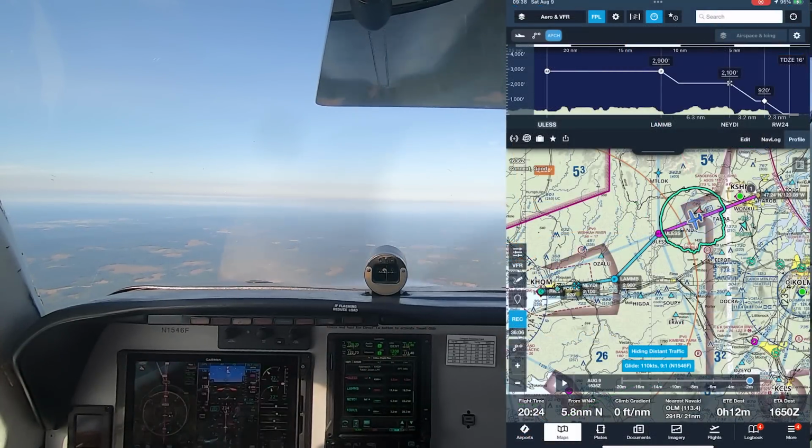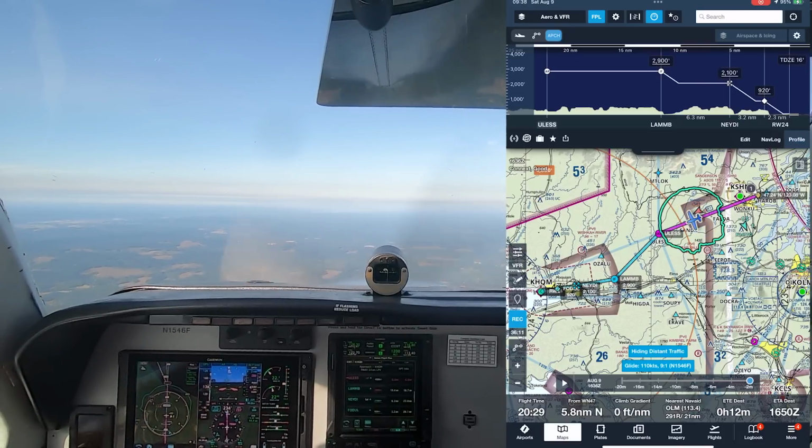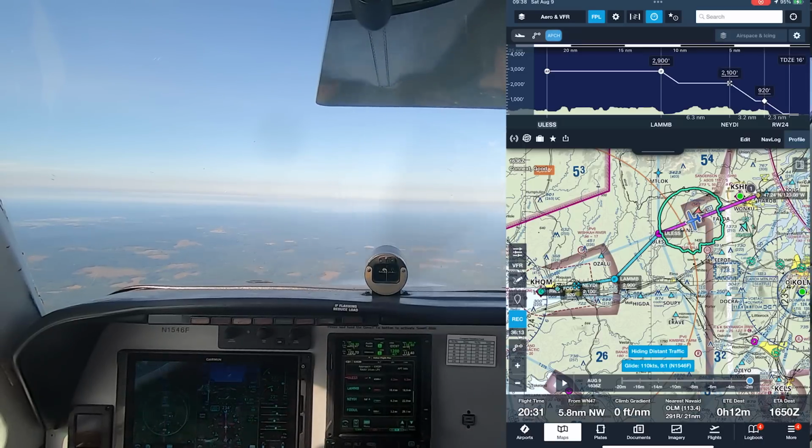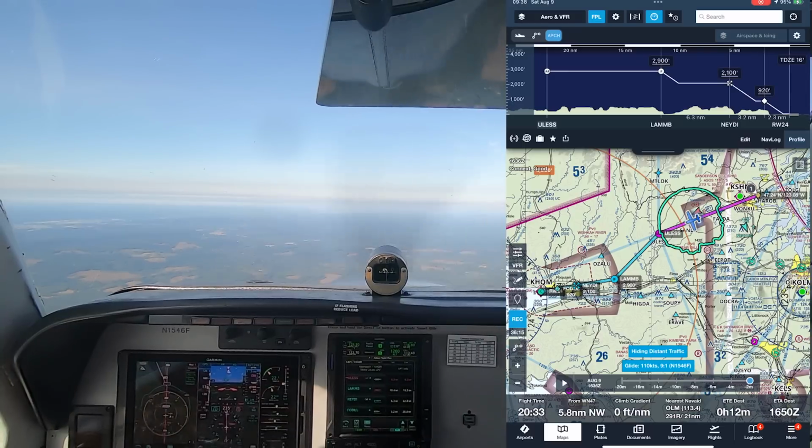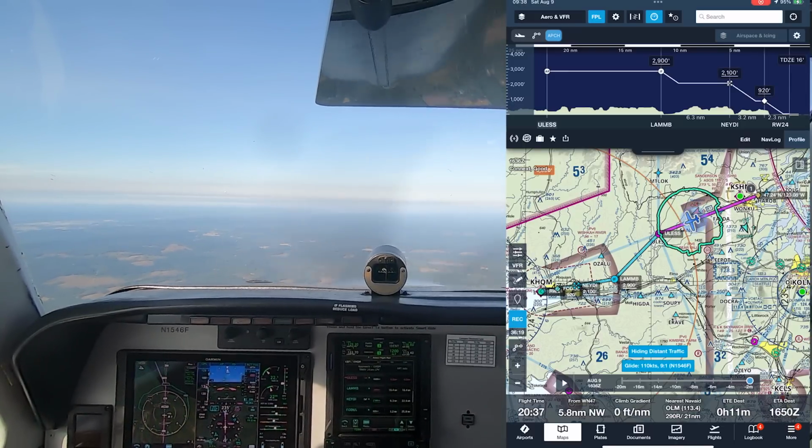I think it's clear that ForeFlight, this is a first step toward completely data-driven presentation of procedural information, and they're not following the same pattern that